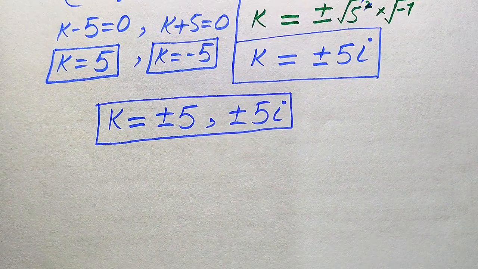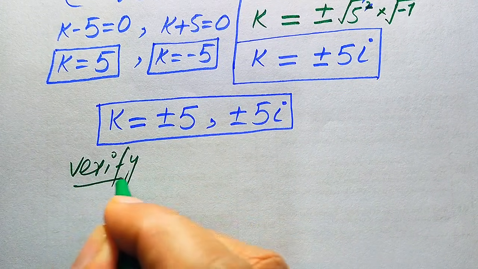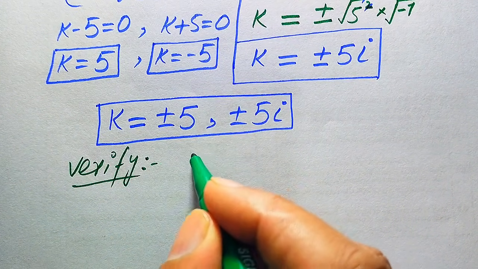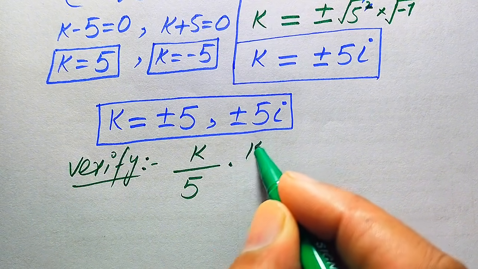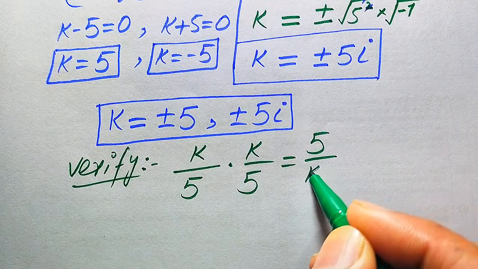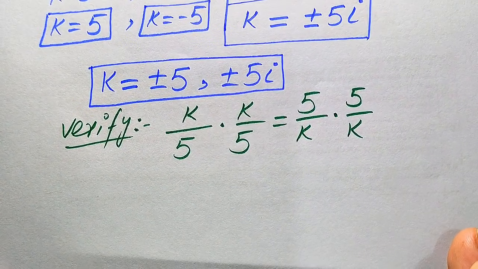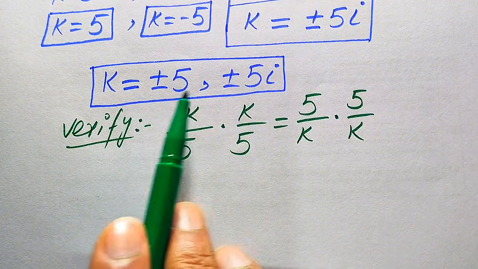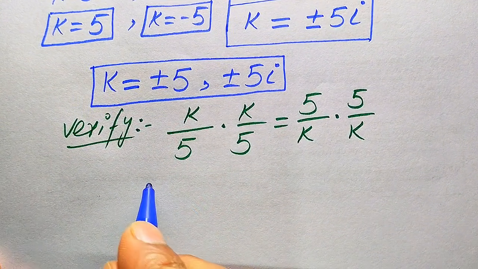And now in the next step, we need to verify whether these roots are solutions of the given equation, or whether these roots are extraneous roots. So for verification, we need to copy down the given question statement here. It is k divided by 5 multiplied by k divided by 5 equals to 5 over k multiplied by 5 over k. So before verification of these roots, first we write our given question statement into the simplified form,